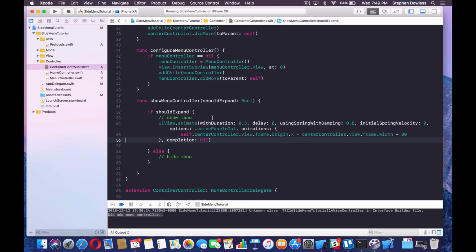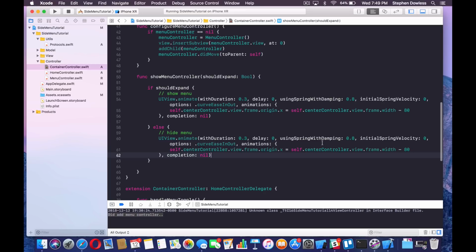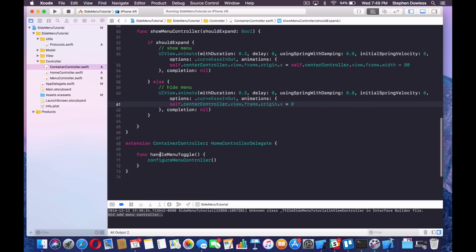Okay, so that's going to show our menu. Let's see, we need a self in there. Now when we want to hide our menu, we're going to just copy and paste this guy, and that's all going to be the same, except this is just now going to be 0. Okay, so now we need to call this function, and we want to call it in our handle menu toggle